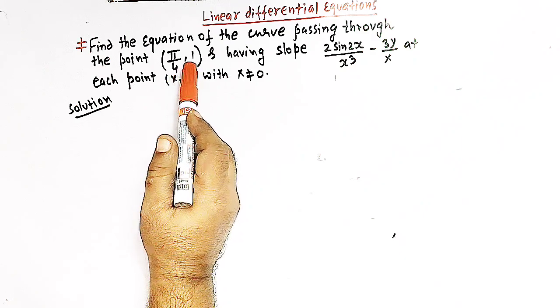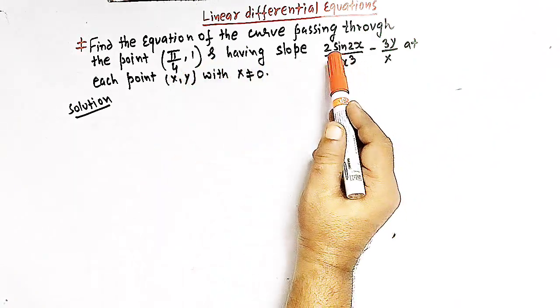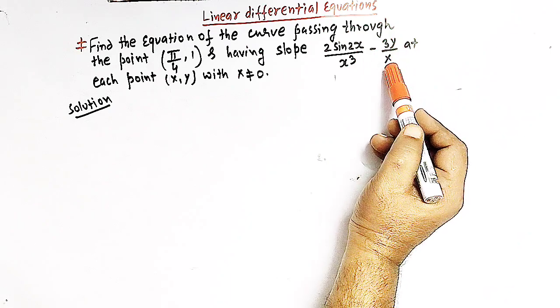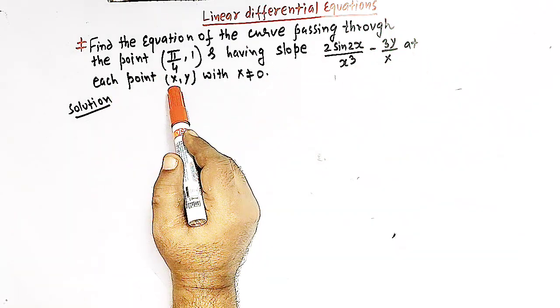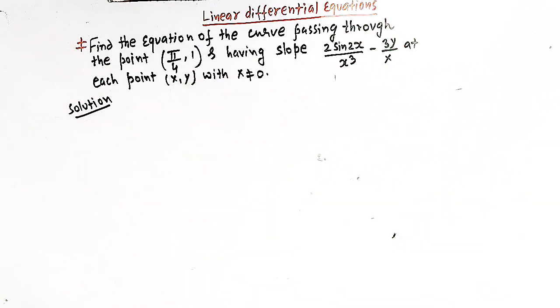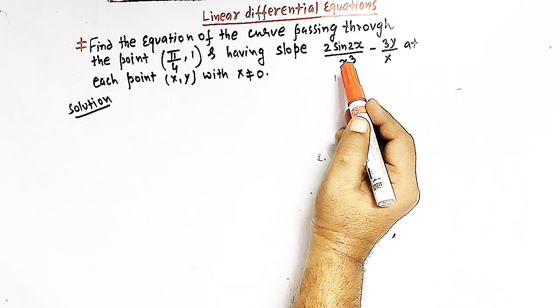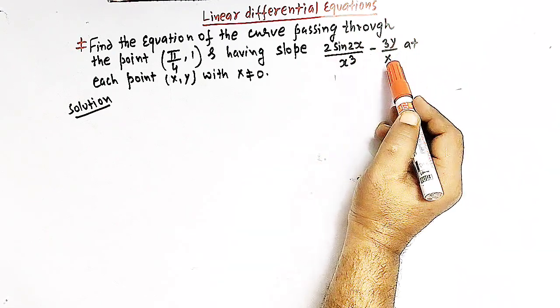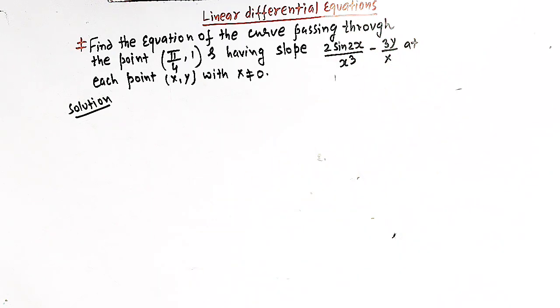point pi by 4 comma 1 and having slope 2 sine 2x over x cube minus 3y over x at each point, that is x comma y, with x not equal to 0, right? So here we have to obtain the equation of a curve whose slope is given as 2 sine 2x over x cube minus 3y over x, and here in order to find out the equation of the curve, we'll make